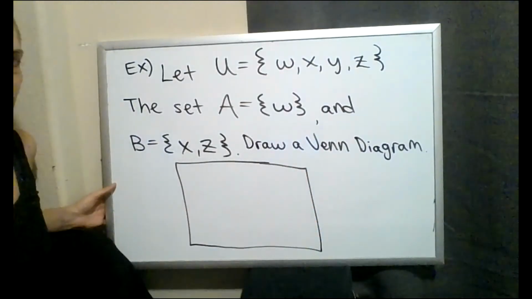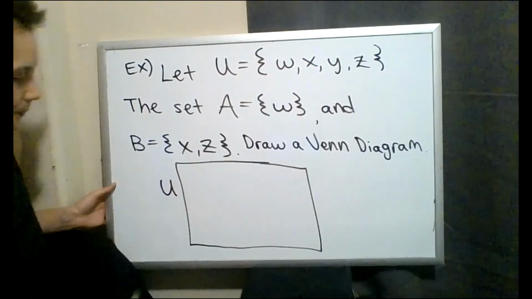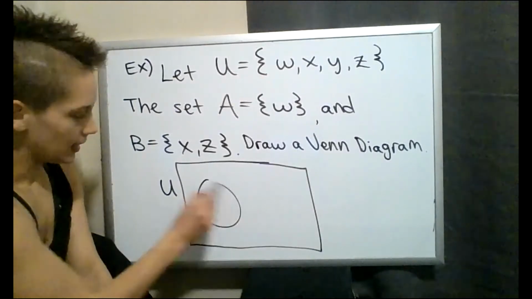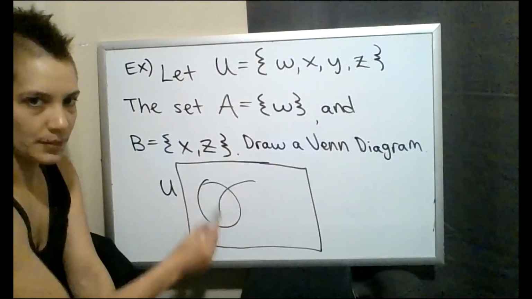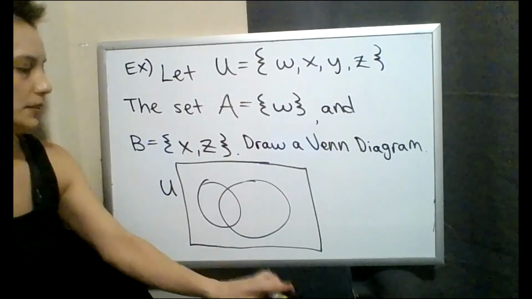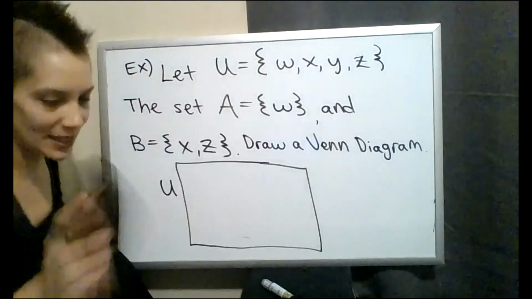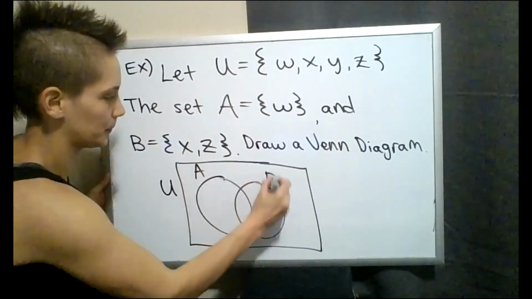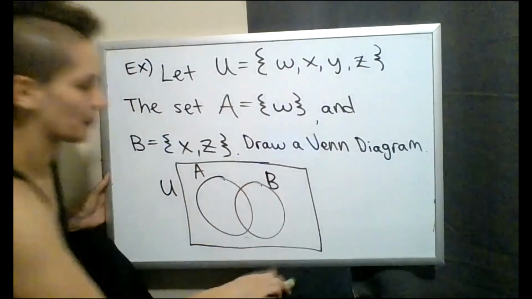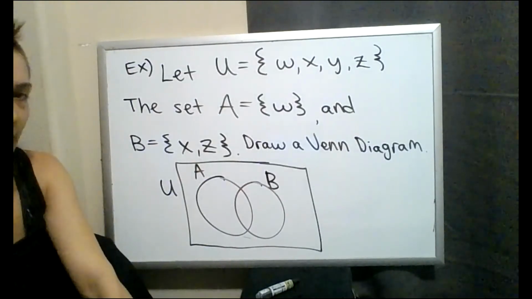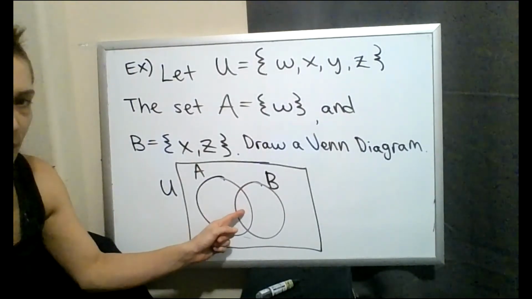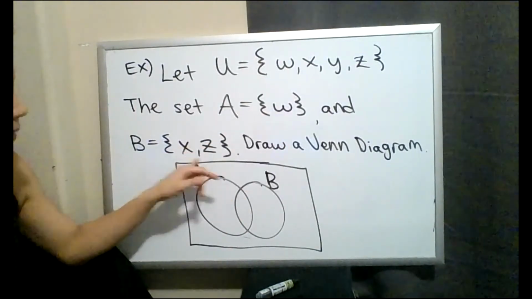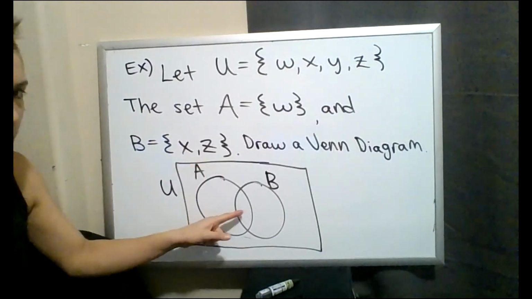Okay, so get started with your universal set. We'll put A, and just in case they share elements, we'll have B overlap with A. It doesn't have to be perfect, but still. Okay, I would check the intersection first. Are there any common elements? There's just W here, there's no W's there. So this is going to be empty.